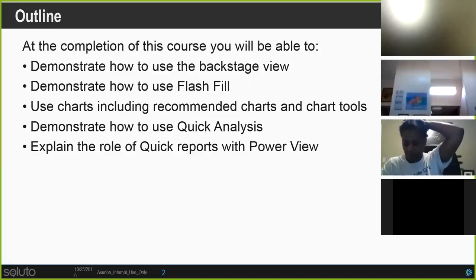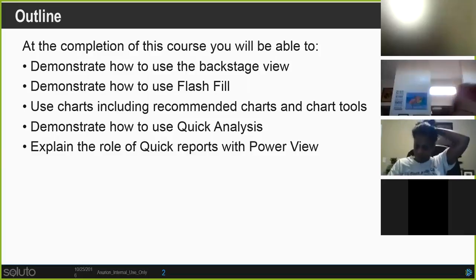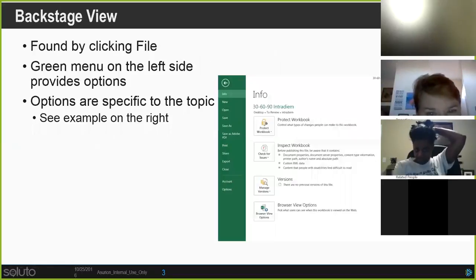So first off, how many of you are familiar with flash fill and autofill in Excel? I am. Okay, I heard one person. There is a chat feature available that we can use in this session as well. So if you want to just chat me away, we can do that. And if not, we'll just continue on. So I am a fanatic about flash fill and autofill, but we'll start out with just a reminder on the